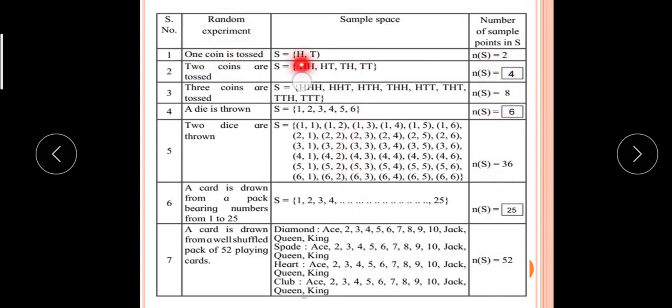So one coin toss, H or T, H comma T, these two are the only outcomes. 2 coins are tossed, like this also there is an experiment, or similarly 2 coins are tossed simultaneously, then the result is also the same. If 3 coins are tossed or 3 coins are tossed simultaneously, then also the outcomes are the same. So all these things you have to read, you have to mention properly in your notebook, and whatever homework I have given, that also you have to solve.